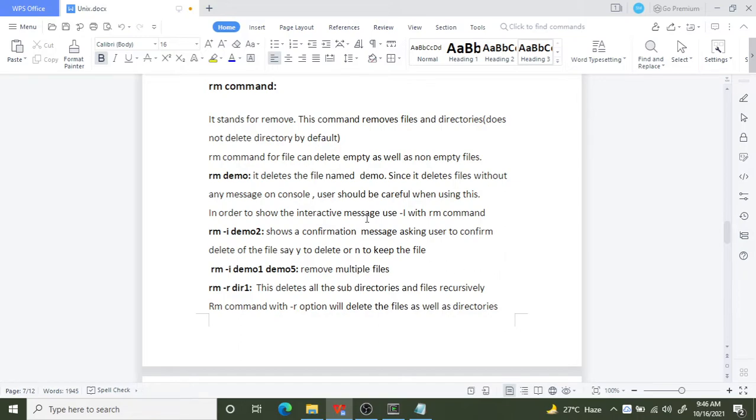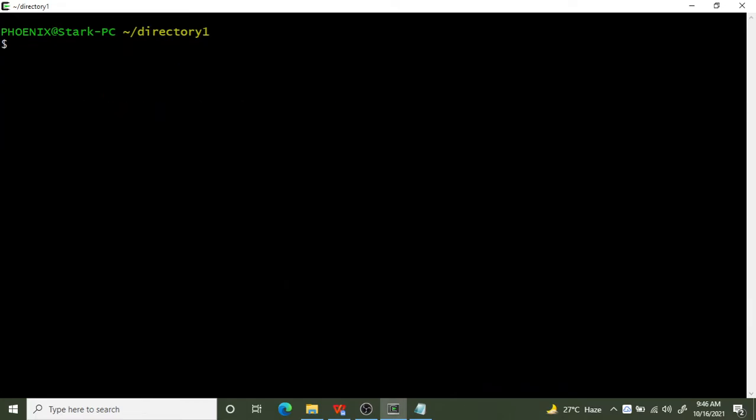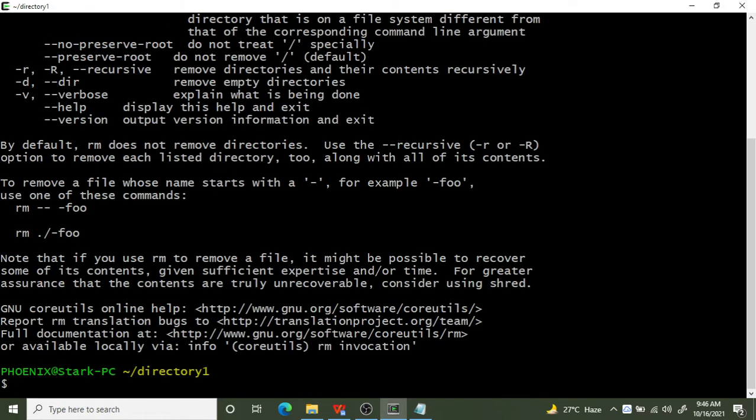So now rm demo. Before that, let me quickly show you what options are applicable to the rm command. rm --help, go there and see.